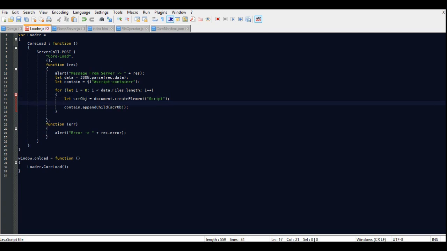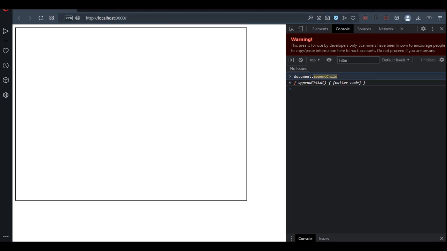And before we actually append it, we want to do set attribute src script, and we want to just put the script name, which is going to be the files, data files .i, and now when we run this,